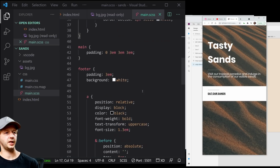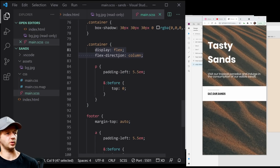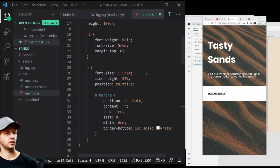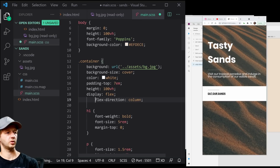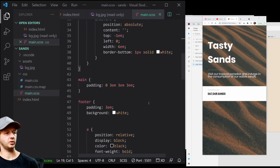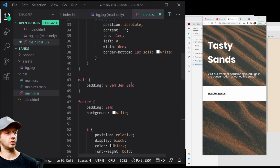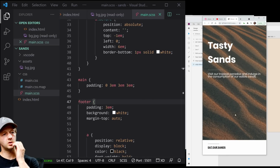Now what we can do is we can take this stuff, because now it makes sense to use Flexbox, this right here. Let's remove it from there and let's put it in here. And then take our footer and put that right here. All right. Okay, and then I can fix up the